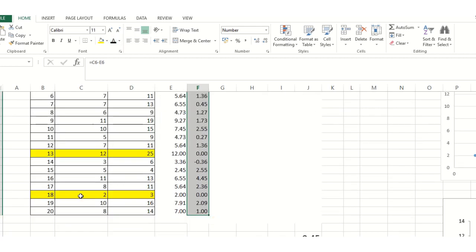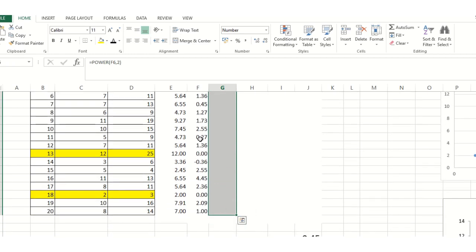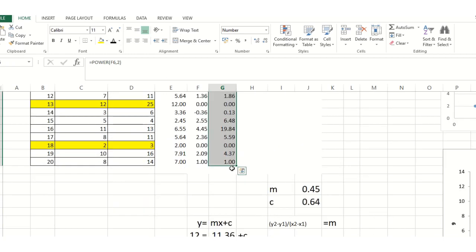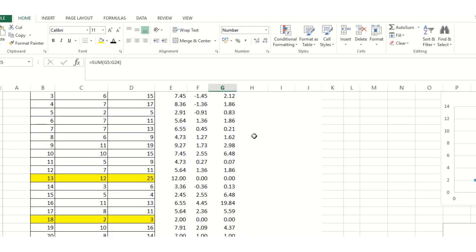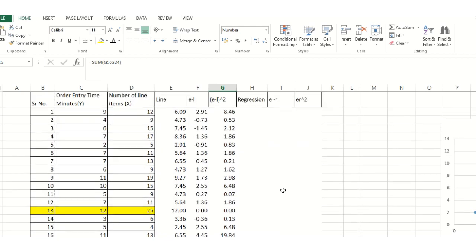Now you see that these two lines, because we already constructed them here, we are getting 0 and 0 here. For all the remaining points, there is a difference between the given value and the constructed value. Now we take the square of this, and if you sum it up, we get 66.29. Now we will look into the regression line, and how we get the same slope, intercept, etc. in a regression line.